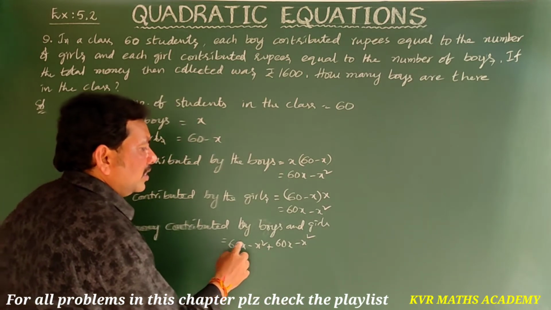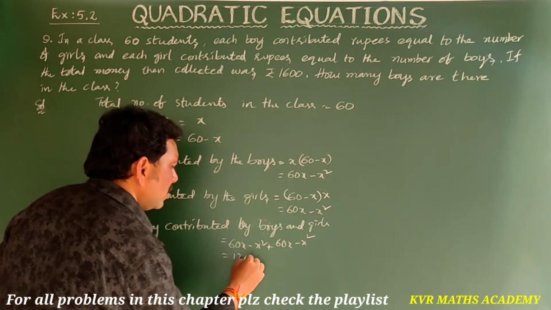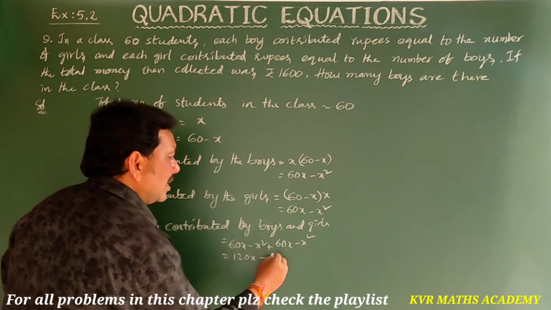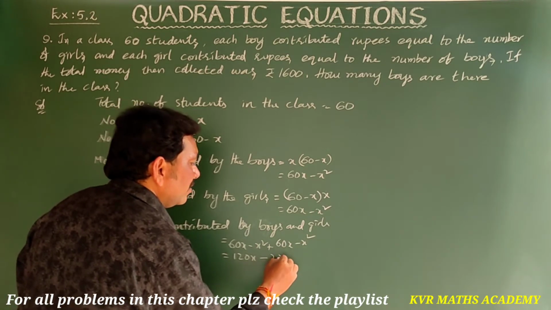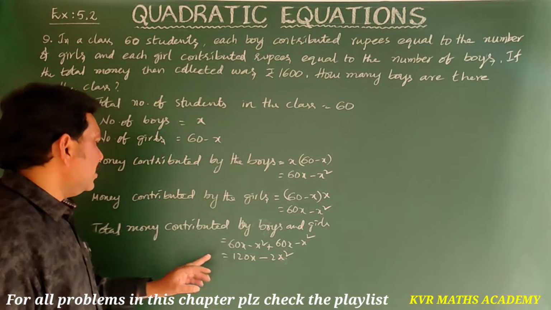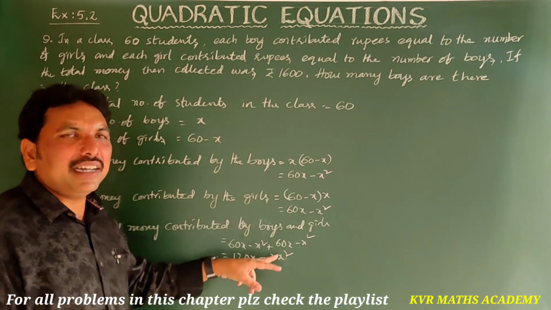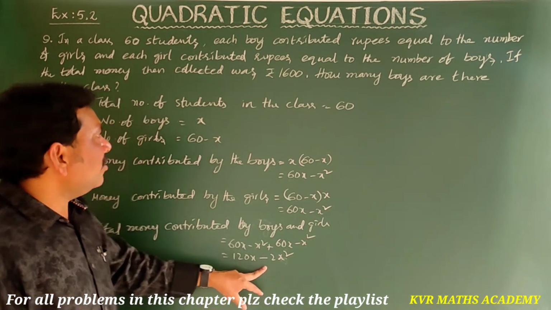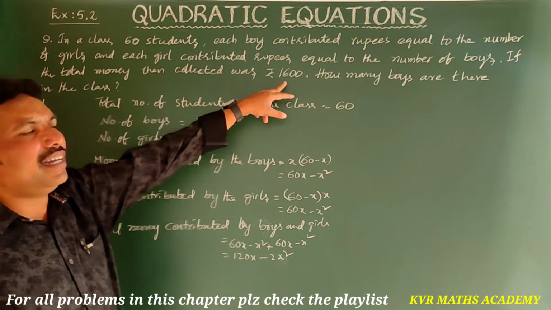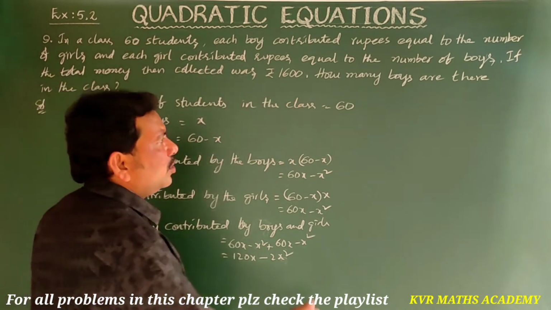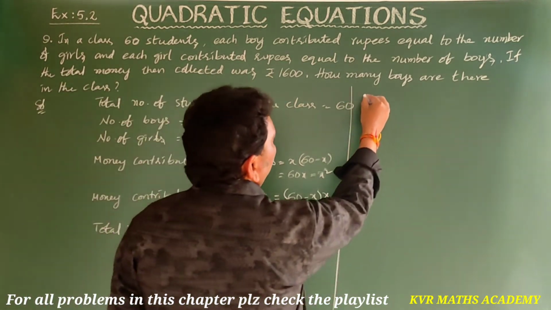That is 60x plus 60x, 120x, minus 2x square. This is the money contributed by the boys and girls. Actually, total money collected is equal to how much? 1600. Right. So, according to the problem,